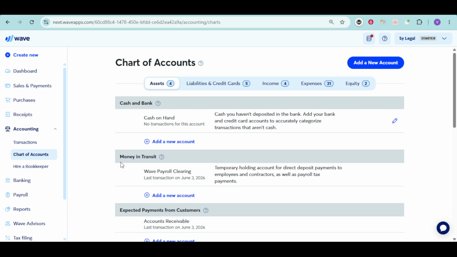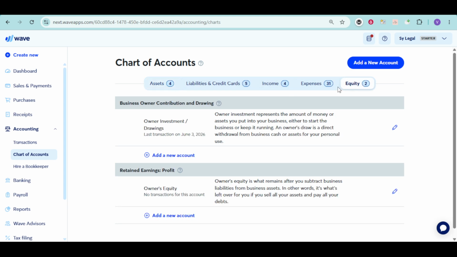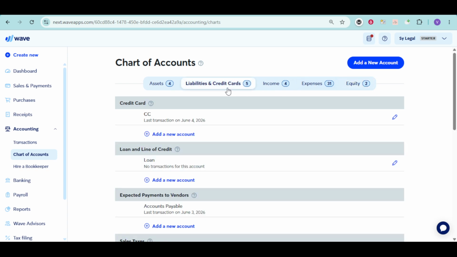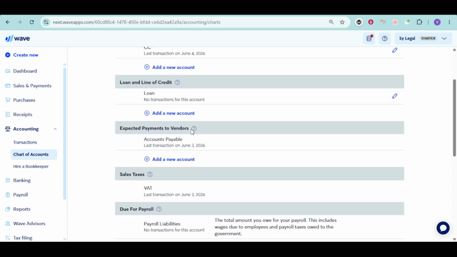Once you're in the chart of accounts, you'll see several tabs at the top of the page. These tabs are labeled as assets, liabilities and credit cards, income, expenses, and equity. Each of these tabs contains different types of financial categories. Depending on what type of category you wish to delete, you'll need to click through these tabs to locate the specific category you're targeting. For instance, if you're looking to delete an expense category, you would click on the Expenses